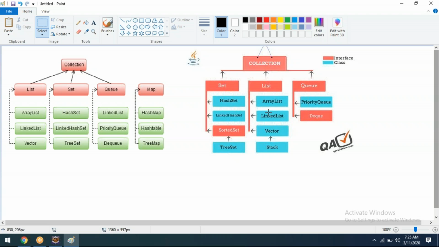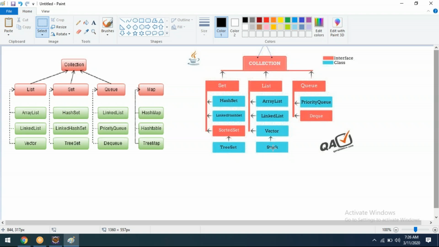What are the things we need to keep in mind here? Whenever we are going to insert values into any collection under list, like list, linked list, or vector or stack, there are many things which we need to understand.